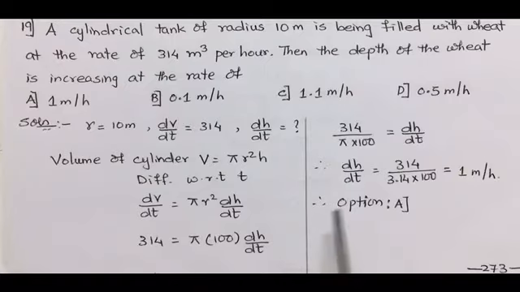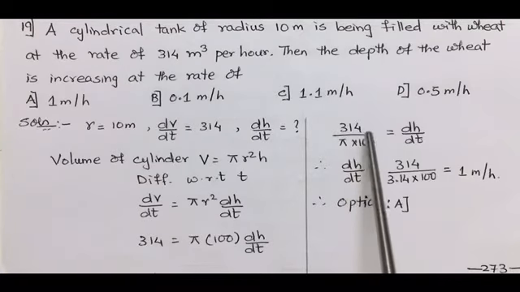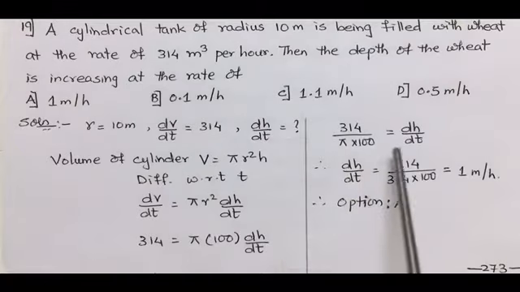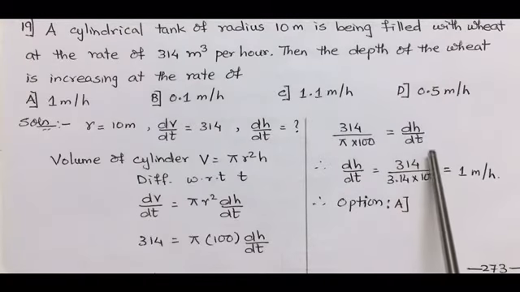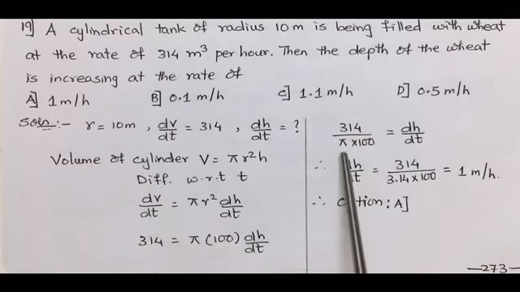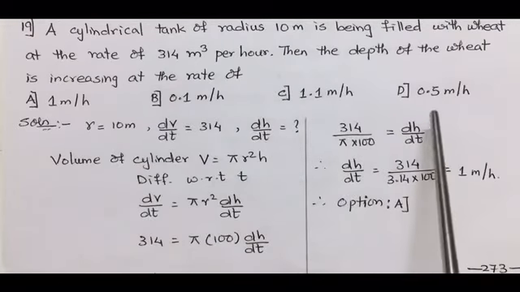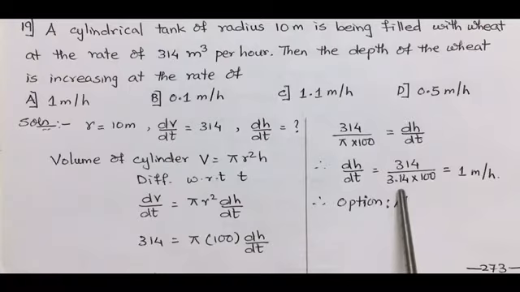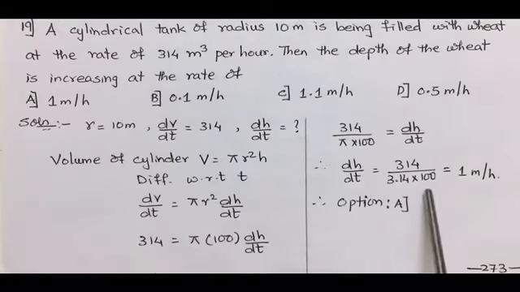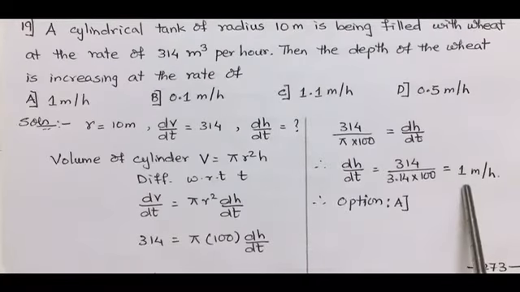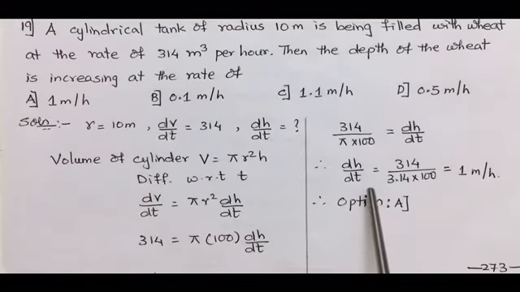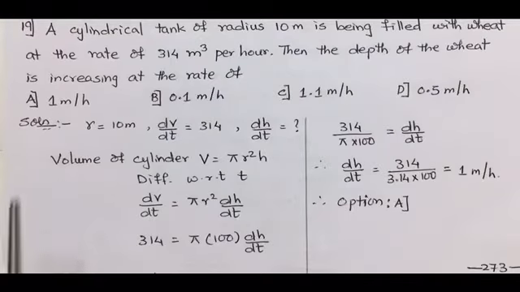Going for cross multiplication, we'll get 314 divided by pi into 100 is equal to dH by dt. Putting the value of pi as 3.14, because in all the options pi is not written, so keeping the value of pi as 3.14 into 100, calculating it, we get 1 meter per hour as the height of